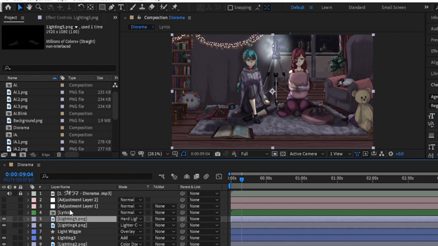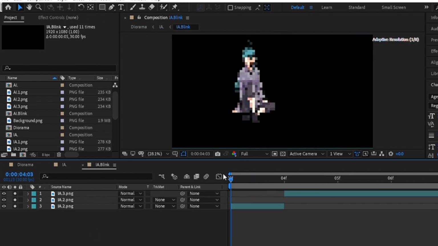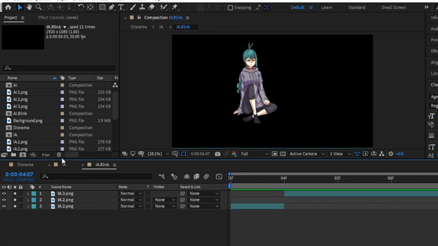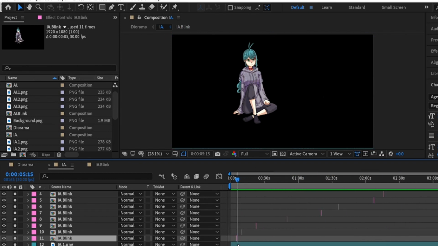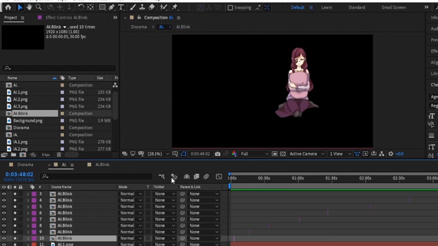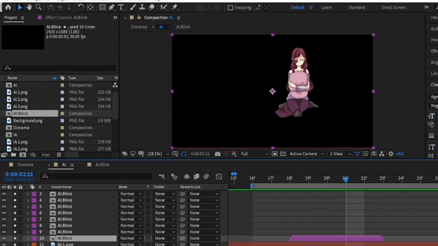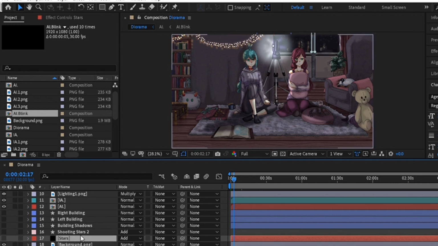Having done that, I moved on to the animating of the blinking. Started with my own character, because it's more comfortable, you know, if it looks funny or I screw something up, at least it's not I. I played a little with the amount of frames, meaning the length that each individual image should have for it to look natural, and then gathered them all in pre-compositions. Something like putting them into a folder that I can then duplicate and move around, which is what I did so the characters kept on blinking throughout the duration of the song. Then I repeated the same thing for I, having already figured out the right length for each step of the blinking. It's a very subtle and simple animation, but I like how such a small detail can make a static illustration look a little more alive.